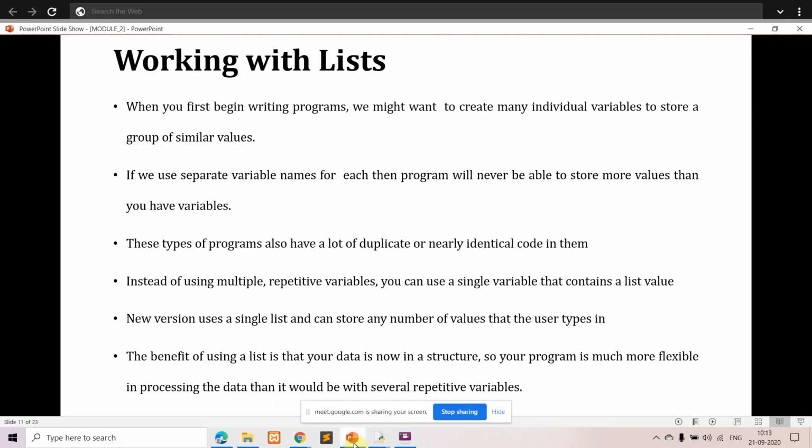The new version uses a single list and can store any number of values that the user types in. The benefit of using a list is that your data is now in a structure, so a program is much more flexible in processing the data than it could be with several repetitive variables. Instead of having so many repetitive variables, go for the concept of list.